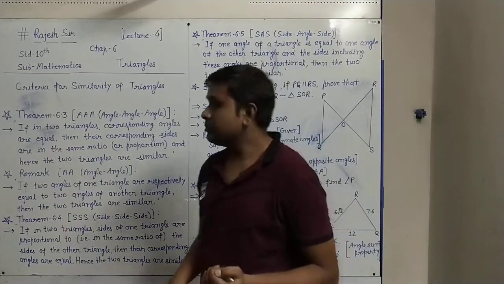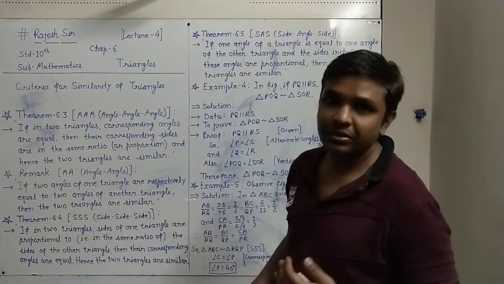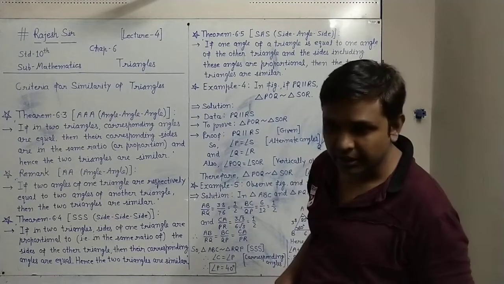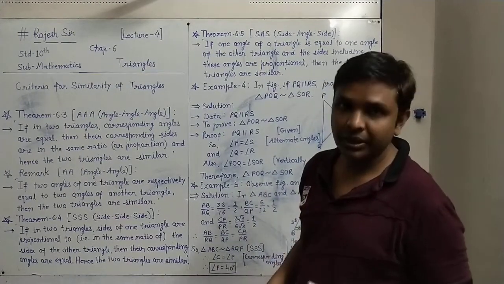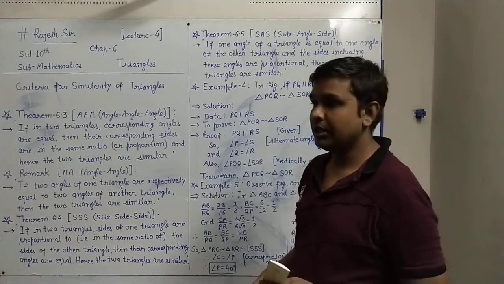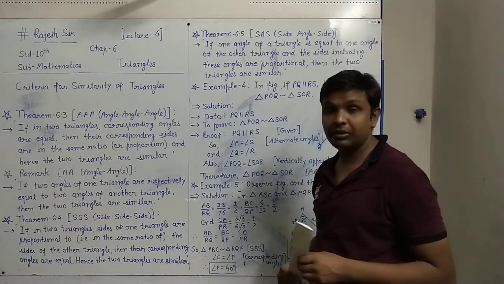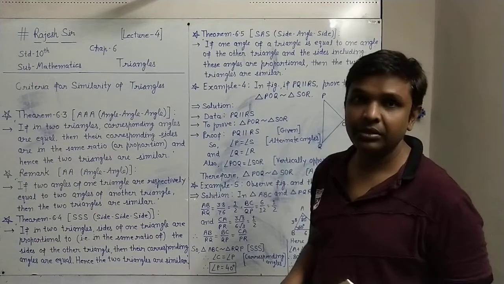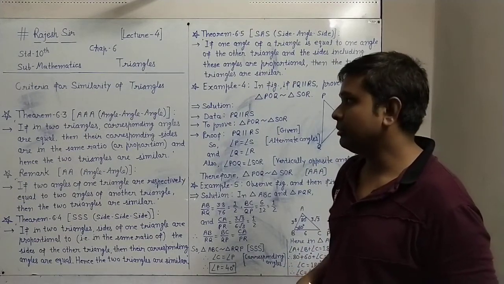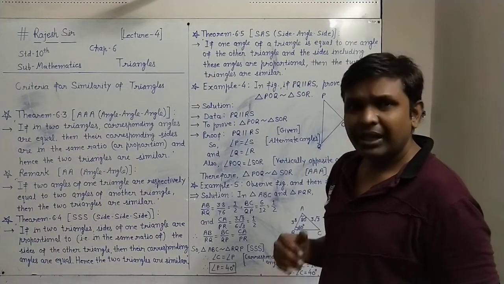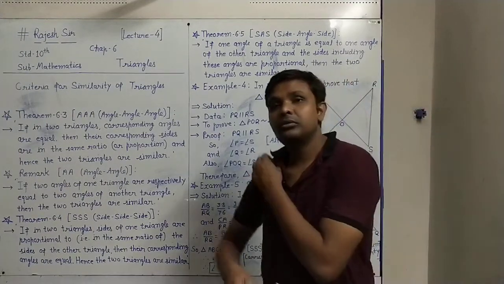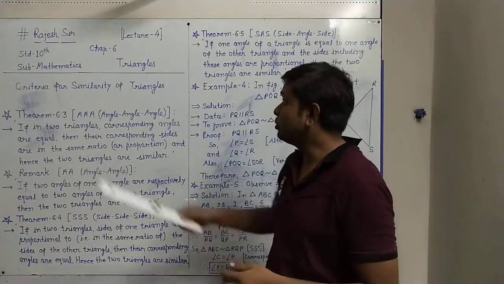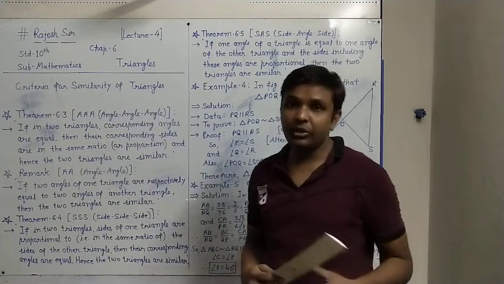Last time, in theorems 6.1 and 6.2, we have seen the basic proportionality theorem, that is Thales theorem, and the converse of the Thales theorem also we have seen, that is the converse of the basic proportionality theorem, in theorem 6.2. In that, definition-wise, what we have for the similarity of two triangles, the definition is